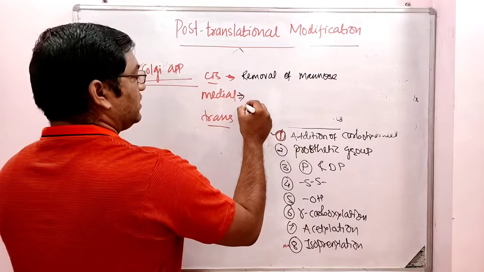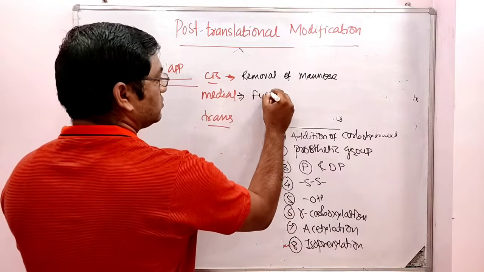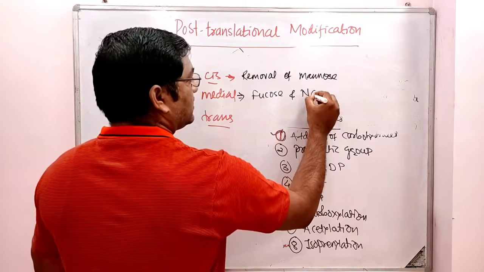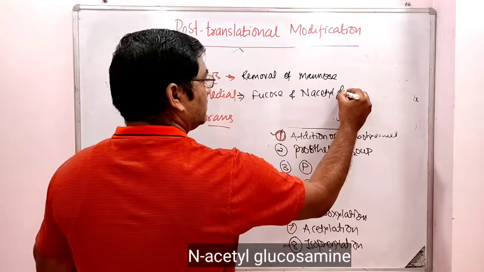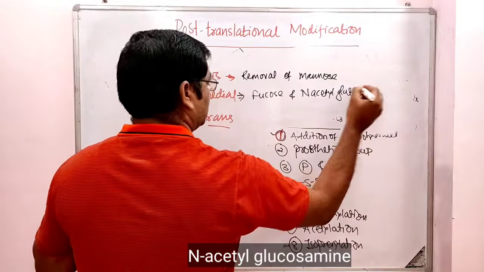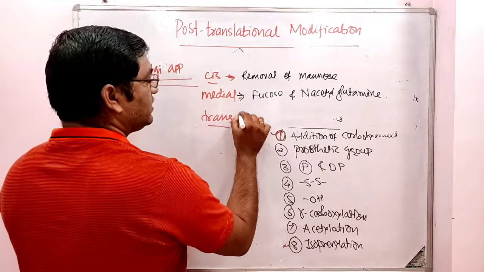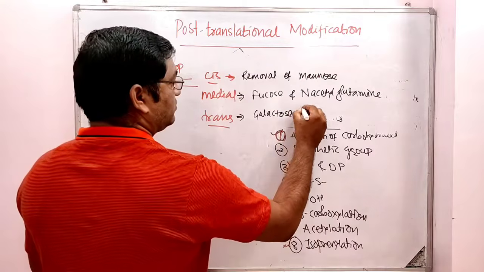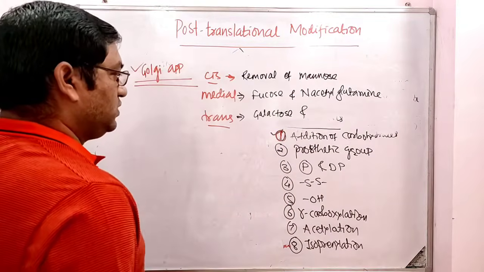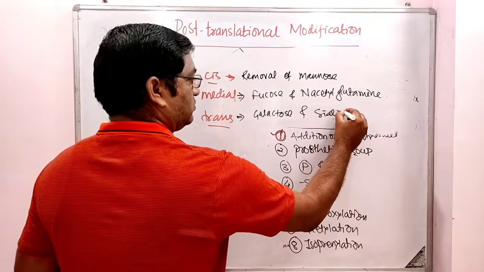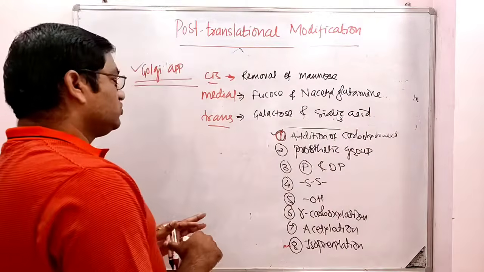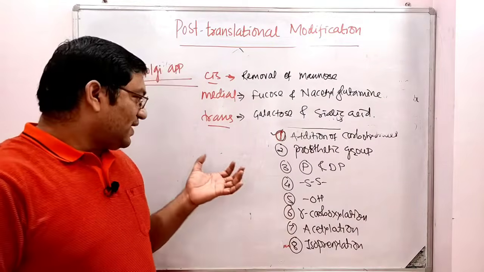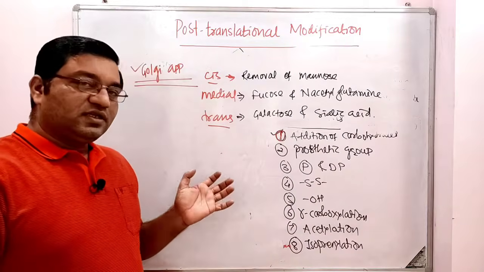Medial is for addition of fucose and N-acetylglucosamine. These are the carbohydrates. The trans Golgi apparatus is for addition of galactose and sialic acid. Addition of carbohydrate is to the asparagine, or the serine and threonine